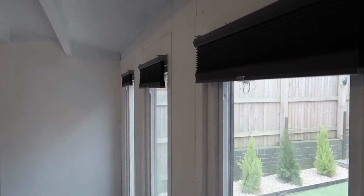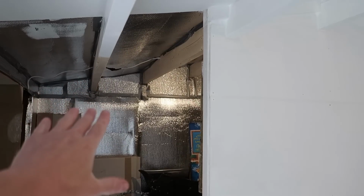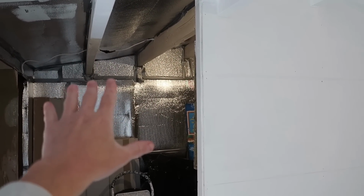But yeah, I've got the blinds just over here as well. Honestly, it's an amazing space. I'm really lucky to have it, and like I say, this is just phase 1 of the project, because we've built the false wall just up here, and phase 2 is going to be the room just around there, and as you can see, that's still got the installation in progress, and that's going to be the next stage. Got a lot of stuff stored around there, so I thought doing it in 3 phases means that obviously,